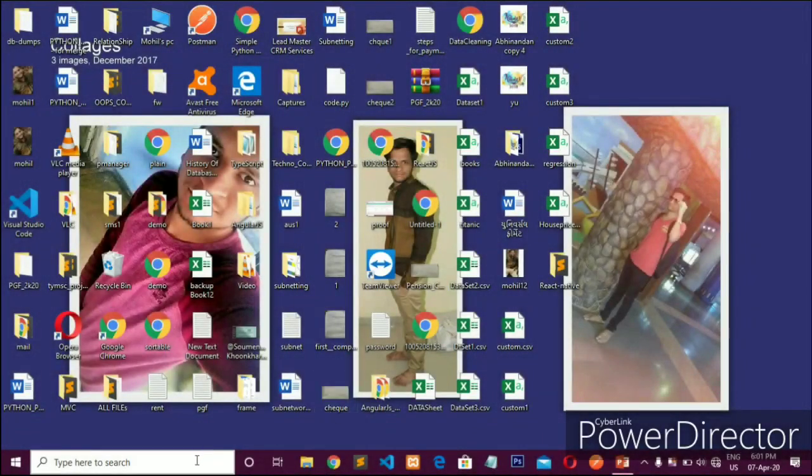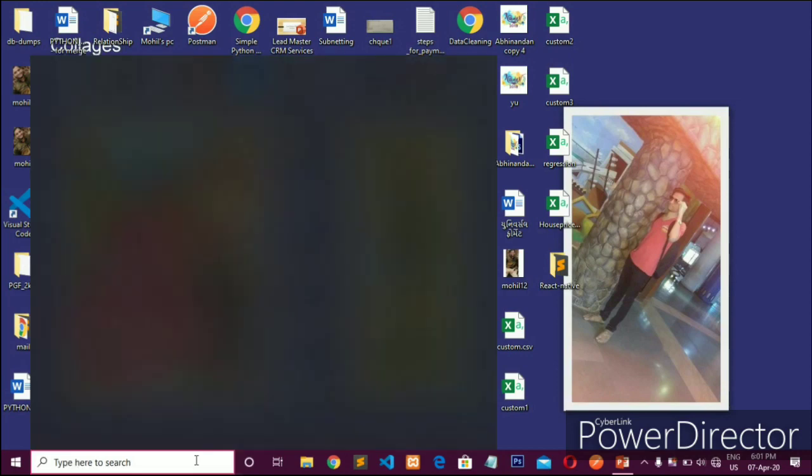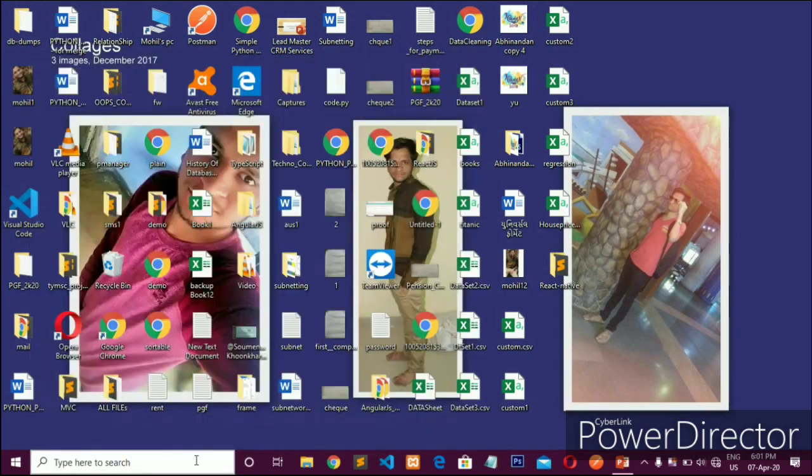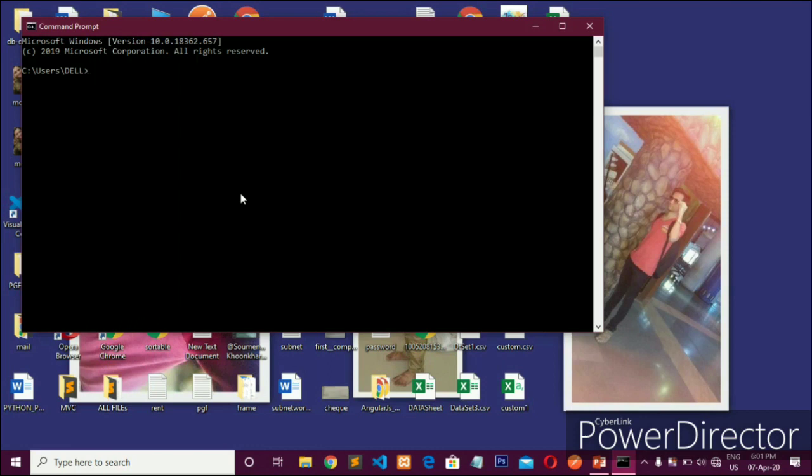So now open a command prompt to create a migration file. First go through your directory path: XAMPP, htdocs, cd technopro, cd demo.